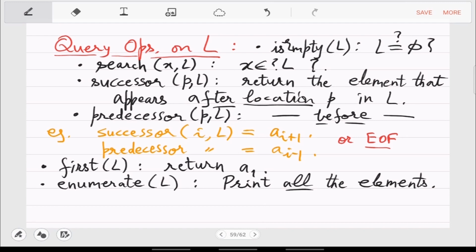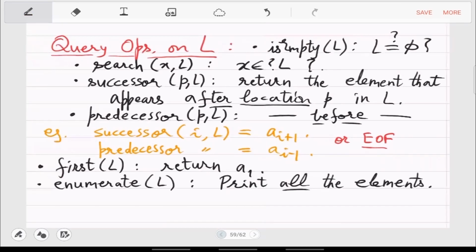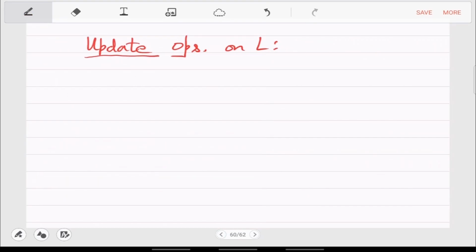But these are still easy. The harder operations are the update operations, where you are actually changing the list, so they are more sensitive operations. So first is the just creation of empty list.